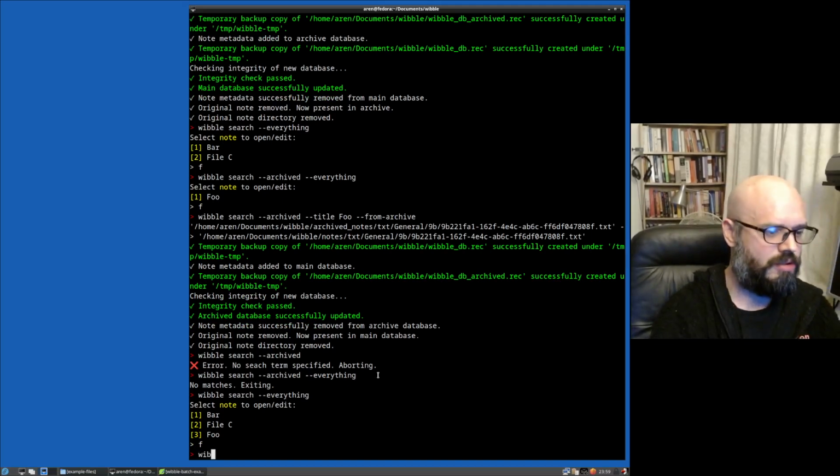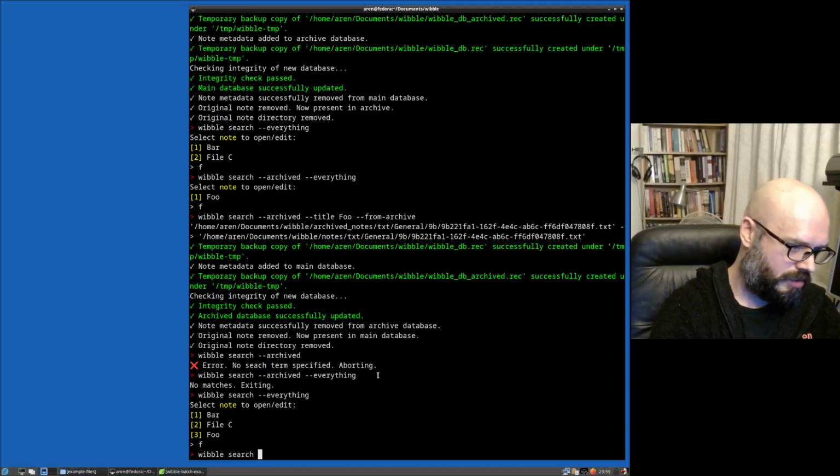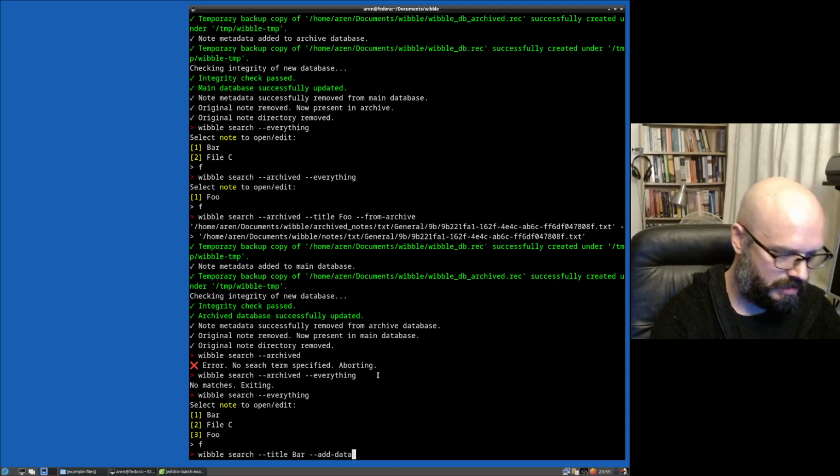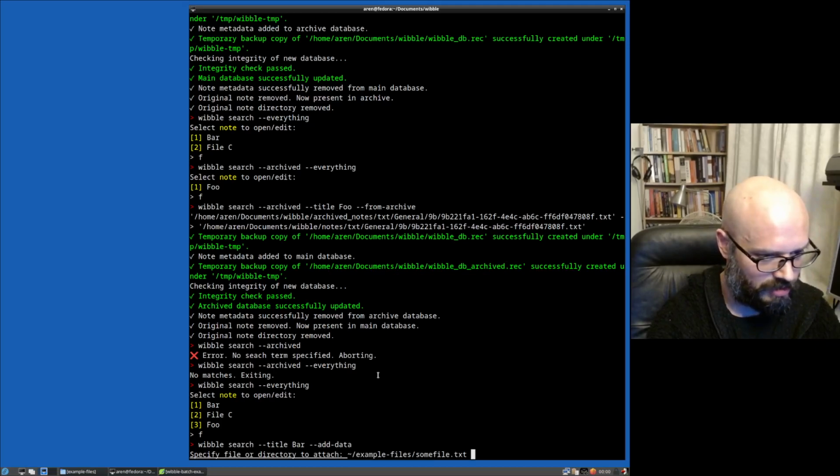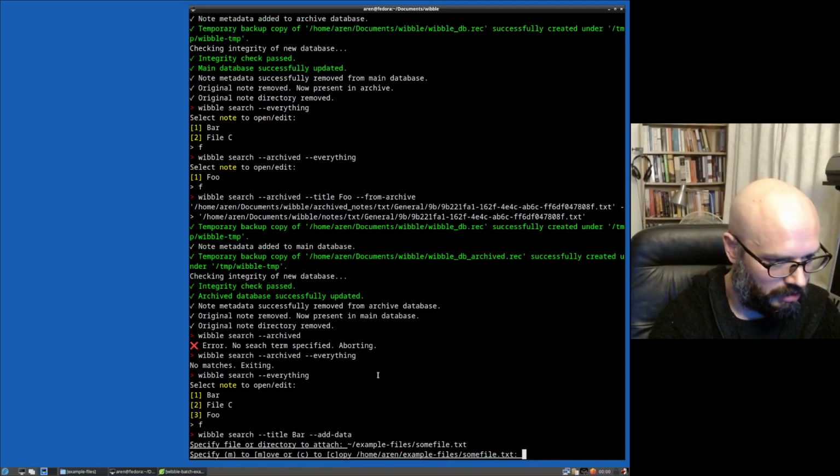Adding data. So if we do Wibble search, let's say title bar add data. And what are we going to attach? We can do either a file or a directory here, but I'm going to attach the example files. I'm going to use that text file again, but this time as an attachment. I'm going to copy it,